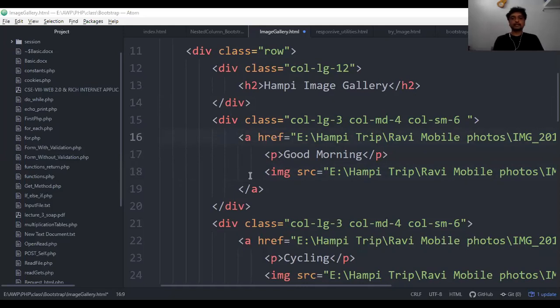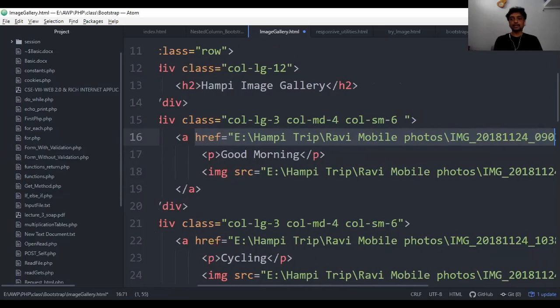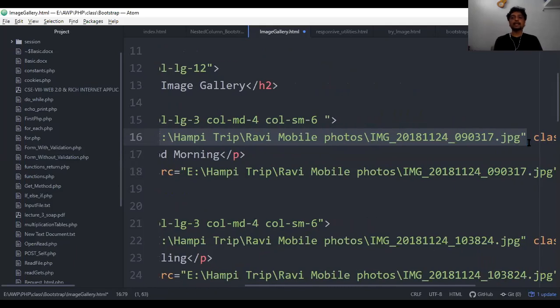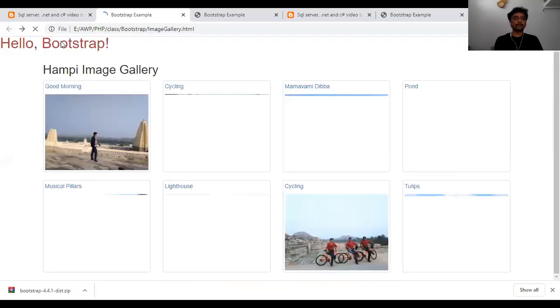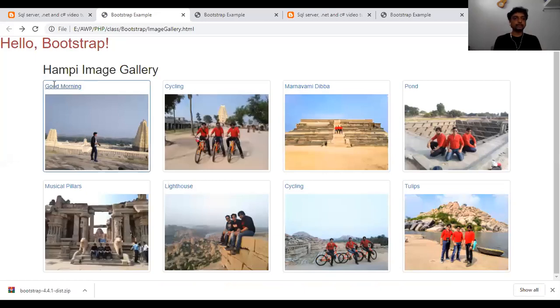Okay, see, if I remove this hyperlink, this source, what happens, after clicking I cannot see the image. Okay, just look at here. Here in the thumbnail it is going to be viewed, but if you click on this, the click is not enabled because we removed the HREF link.